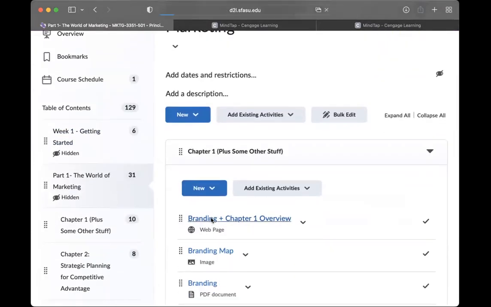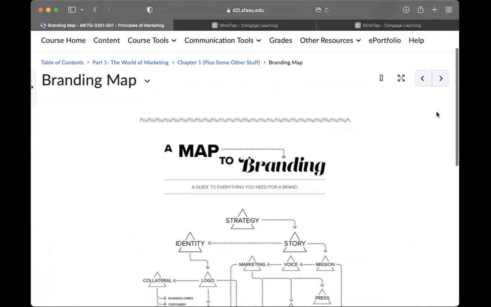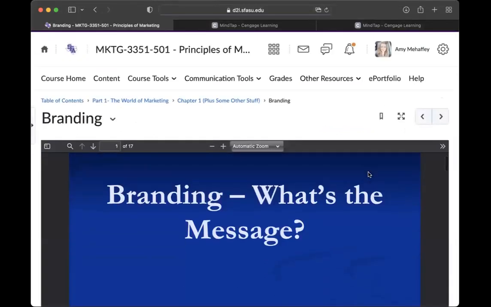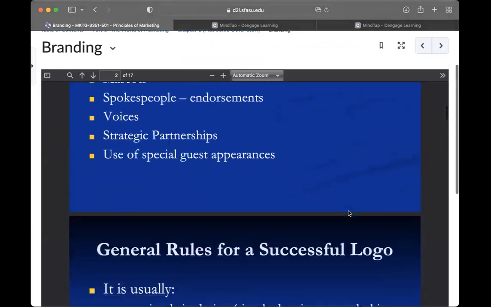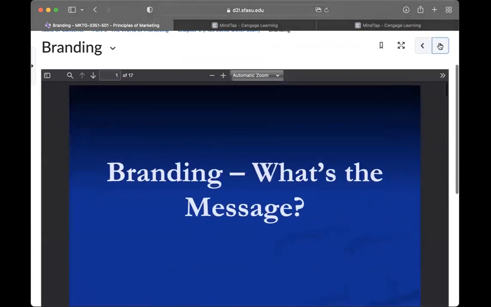So my first question I usually ask when someone says, I don't understand what I'm supposed to be doing, is did you start at the beginning and use these arrows to go all the way through each step of the module? All of these things are designed just like a class would be, to show you bits and pieces of information as we go in an order that makes sense for your learning.